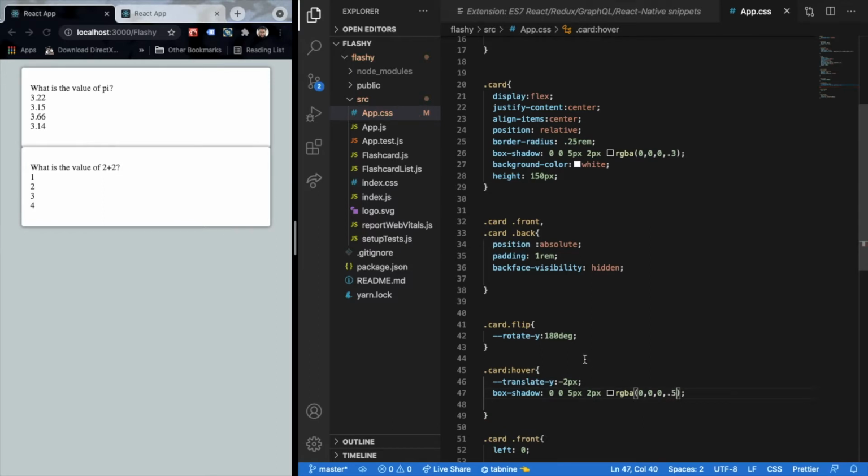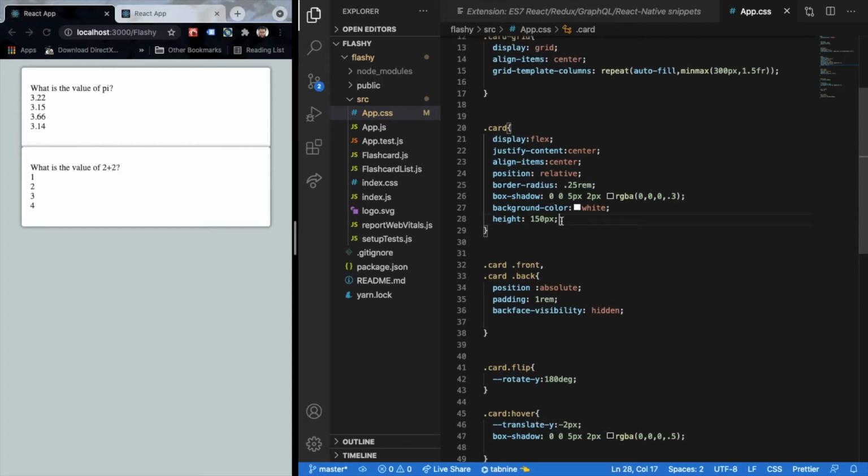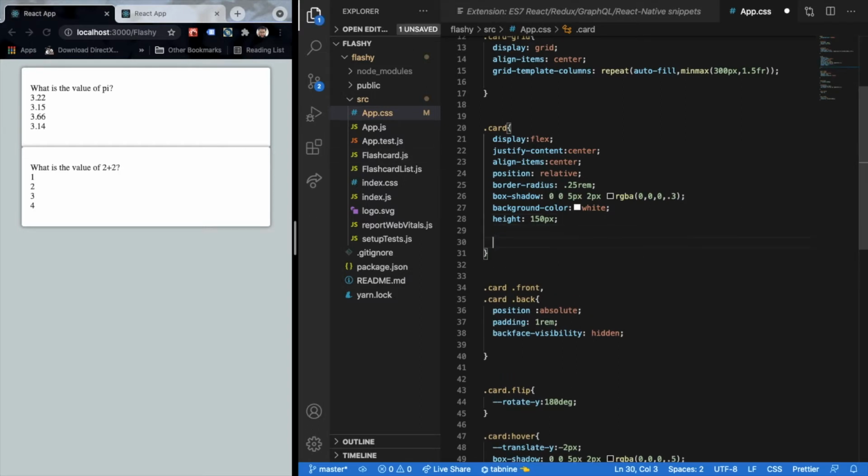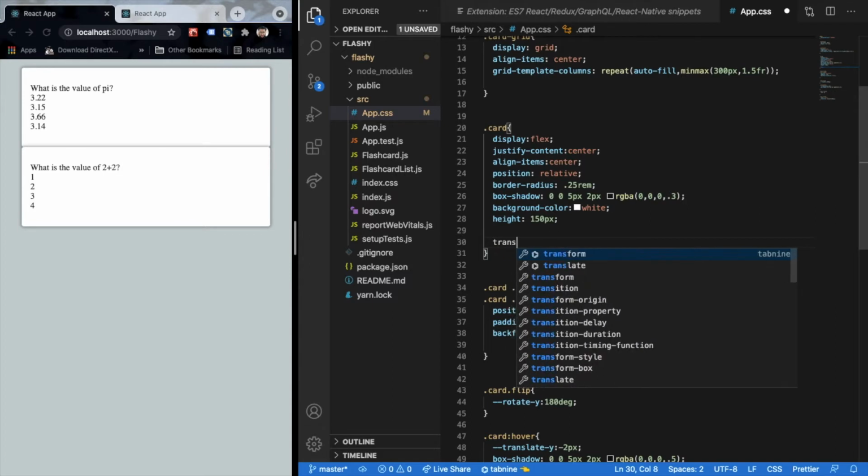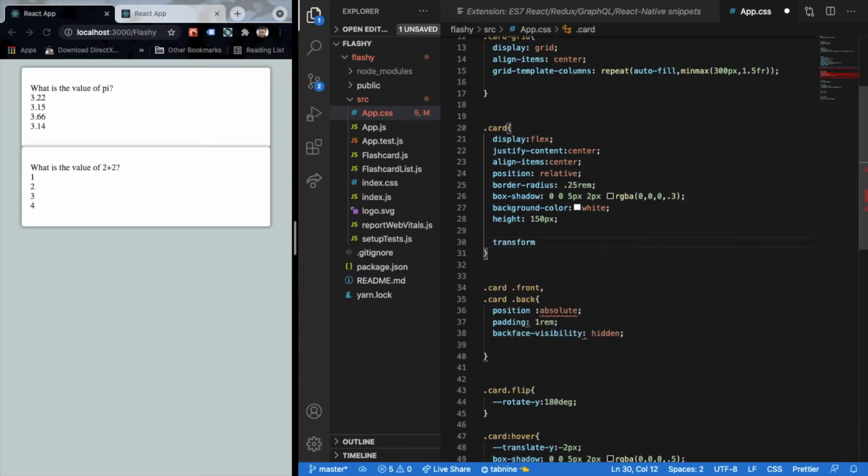Now that our hover and flip animations have different classes, let's also specify these animations taking place in our card style. So the first thing that we need to do is have this transform over here, and we want to give it a perspective. This will allow us to do these animations that we want. So I'll give it a perspective of 1000 pixels. Then I want to have the rotate y, and we'll use the same variable that we had created earlier.